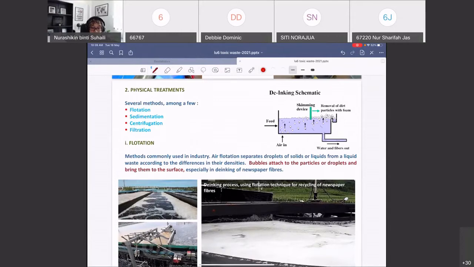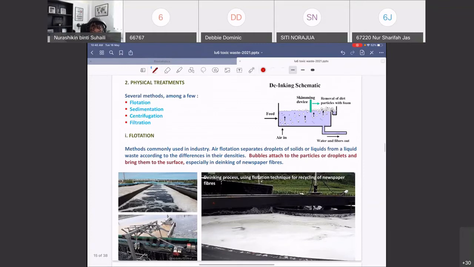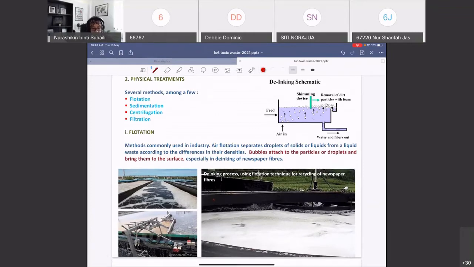physical treatment. When we say physical treatment, it is a process that is conducted based on the physical features of whatever the suspension that contains the toxic compounds. So some of the methods under physical treatment, the first one is flotation. So this flotation, how the process is